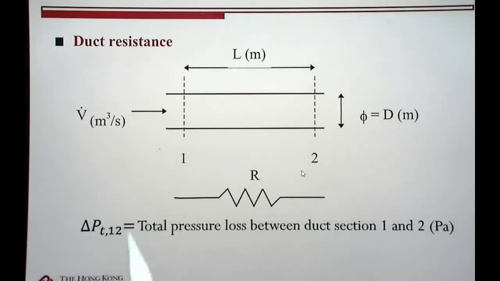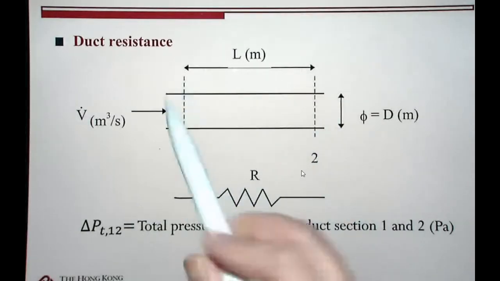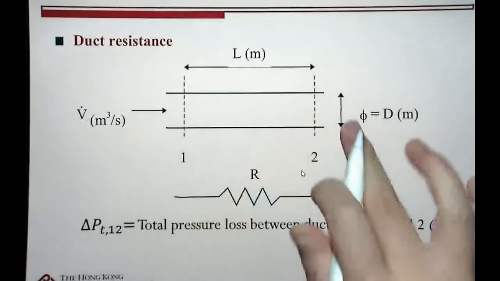As you can see here, this is a duct as shown, and the volumetric flow rate is V dot, and the unit is cubic meter per second. The diameter of the duct is D in the unit of meter. So when the air travels through the duct,